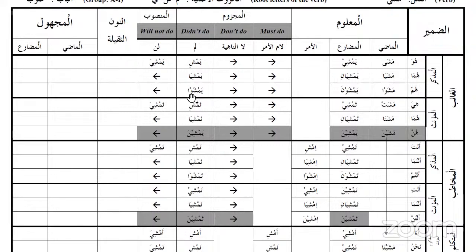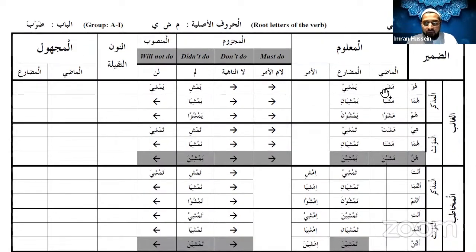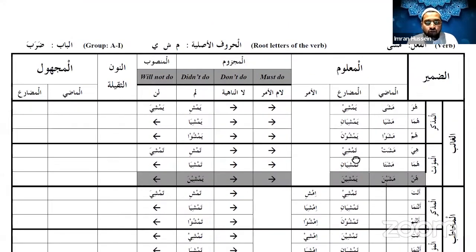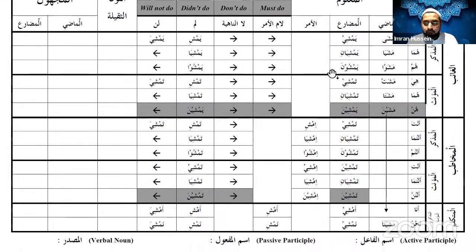Assalamu alaikum. Wa alaikum salam. We're moving on to the next verb now. This is on the pattern of Masha Yamshi, like Daraba Yadribu. Here, the weak letter is situated in the third place. It's Mashaya Yamshi. You'll see there's a slight difference in regards to the harakat itself. So Bismillah.